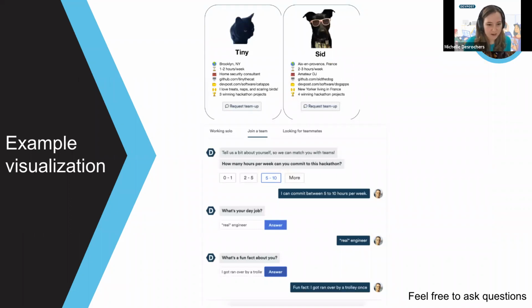Here's another example. This was actually from one of our internal hackathons, where our little team was doing something similar. One of our devs copied our vibe of Devpost, put a little screenshot, came up with little matchmaker questions, and tried to show what that would look like for a dev. So that's another simple thing to do.